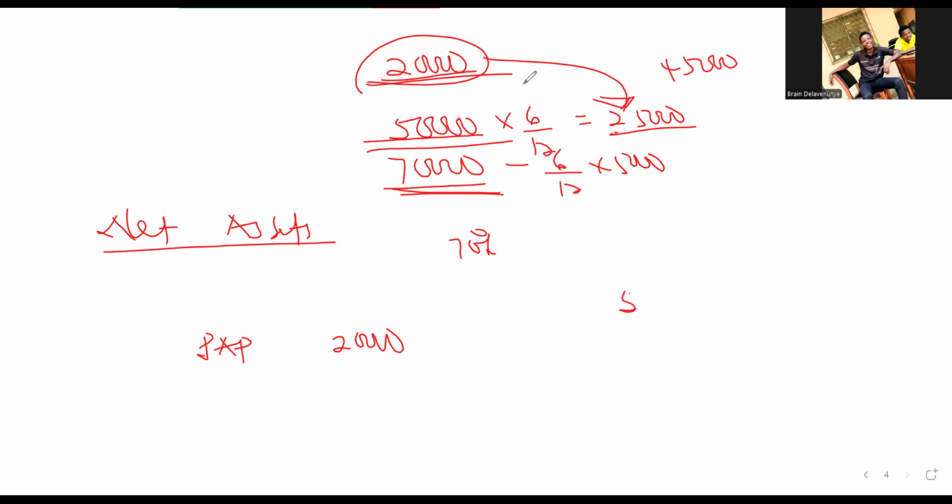Okay. If the question says that the parent is having 70%, but the subsidiary has paid a dividend of, let's say, 5,000, the subsidiary has declared a dividend of 5,000 and is showing the dividend as payables. The question can tell you that the parent has not accounted for this particular dividend payment, or that the parent has accounted for it. If the parent has not accounted for this, it means the profit for the year should have been 25,000. That should have been the total profit that we should be having a share of. But we are having a share of 20,000 because the dividend has been paid.